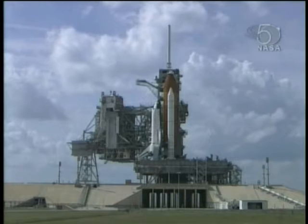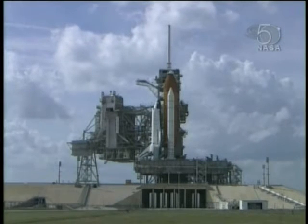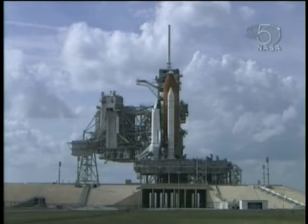Back at Kennedy Space Center now from Firing Room 4 of the Launch Control Center. We have 34 minutes, 30 seconds remaining in this planned built-in 40-minute hold at T-minus 9 minutes. Right now we're no-go based on return to launch site weather. We are watching a